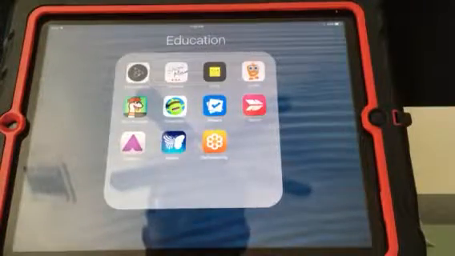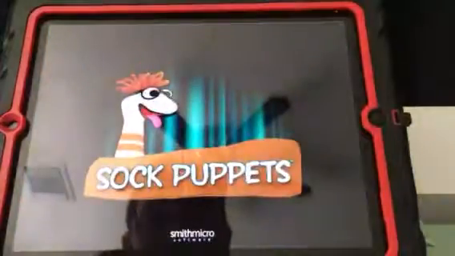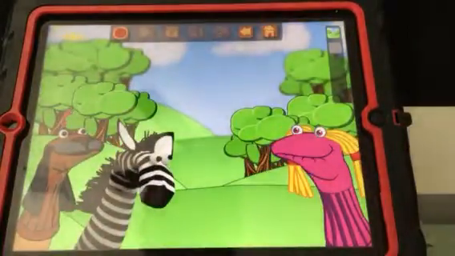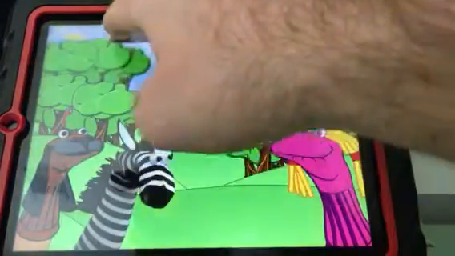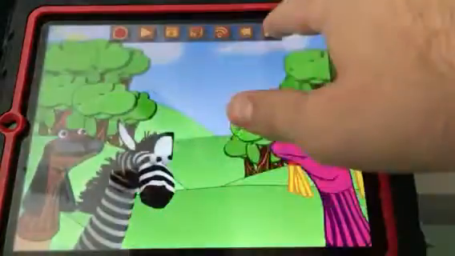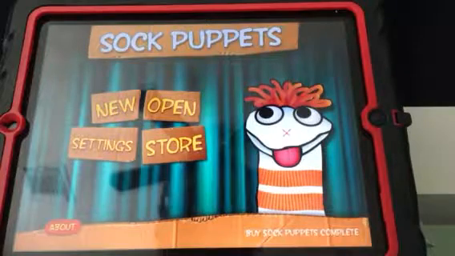Let's take a look at our next video creation resource, which is going to be sock puppets. You'll need an iPad and have sock puppets downloaded on it. And let me go back to the home screen so you can see what it looks like as we open it up. All right, so once you download sock puppets and open it up, this is going to be the screen that